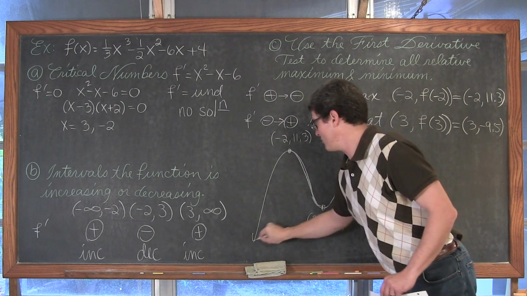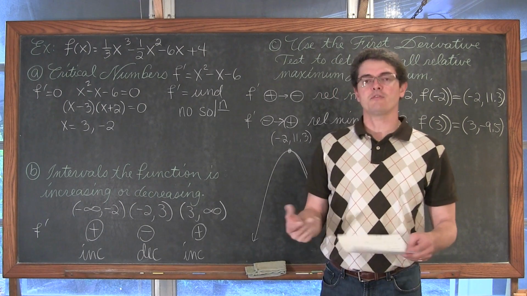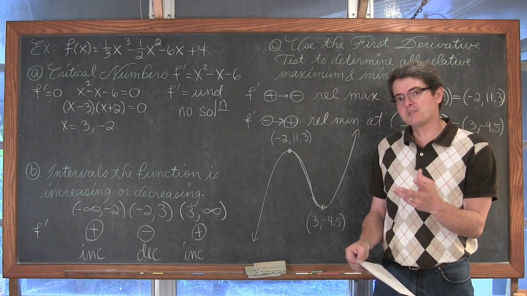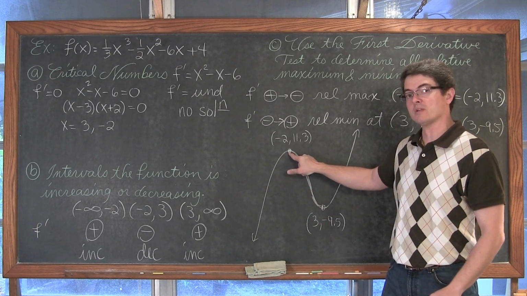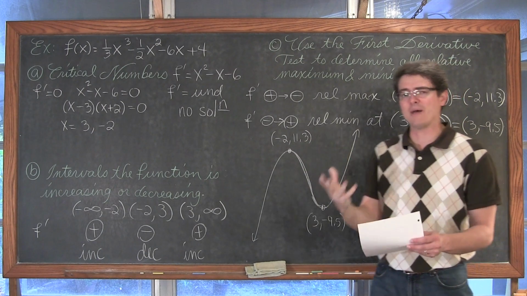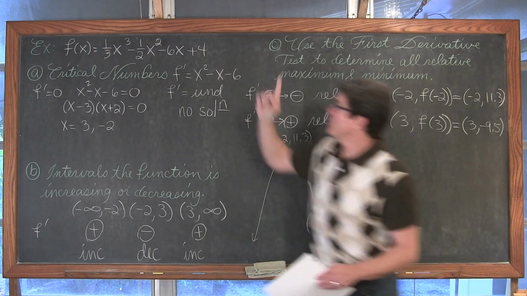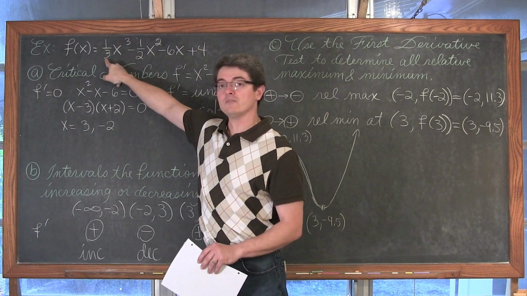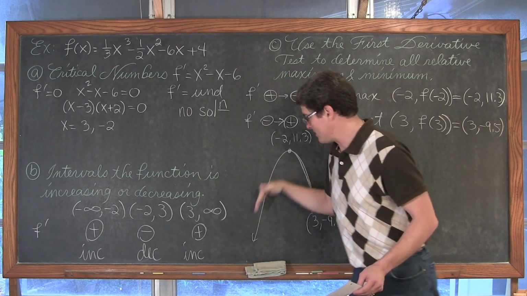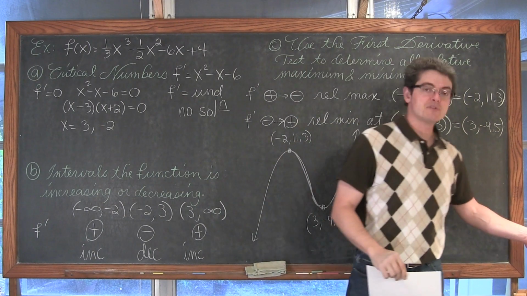If you remember graphing polynomials, in pre-calculus you graphed polynomial functions of higher order degrees, and we talked about end behavior, and we talked about x and y intercepts. What we missed in pre-calculus was the ability to find those relative max and mins and actually know how high the graph rose before it started to fall again. So we're actually going to go back to that topic in pre-calculus of graphing higher order polynomials. That being said, we have a third degree polynomial with a positive leading coefficient, and we did talk last year about end behavior of these functions going down to the left and up to the right, and indeed we can see that with this function being verified by our first derivative.